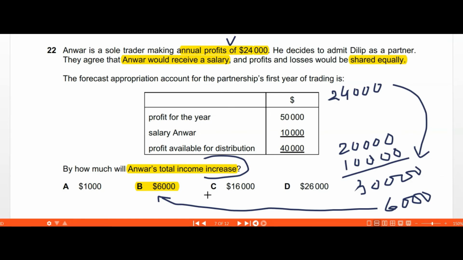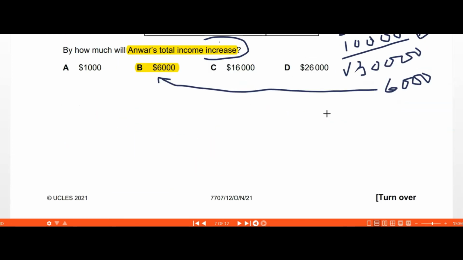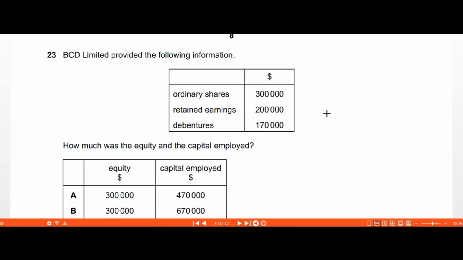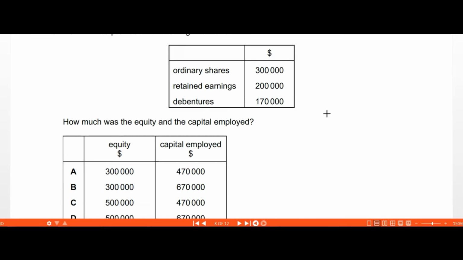If the question was simply asking how much income did he receive, we could have given the option of 30,000, or the profit received was 20,000 as the profit share. But when they are talking about the increase in income, we will be comparing it with the initial amount that he was receiving before he was operating as a partnership. Now moving on to question number 23. So BCD Limited